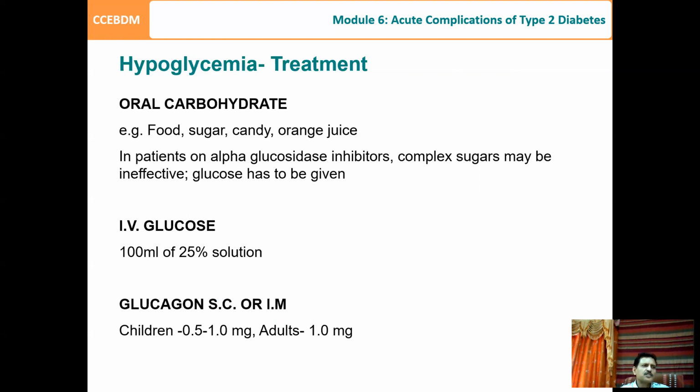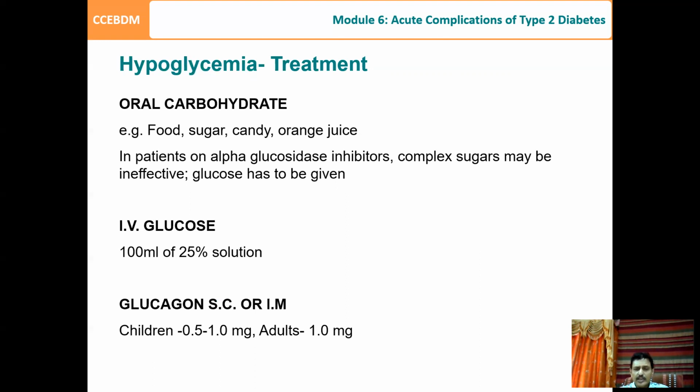patient is unconscious, it is better to give IV glucose. And usually the IV glucose we give is 100 ml of 25% dextrose, which means roughly around 25 gram. That is more than sufficient to correct most hypoglycemic episodes. 100 ml of 25% solution. So check the glucose value again after 10 minutes to see whether the hypoglycemia has been